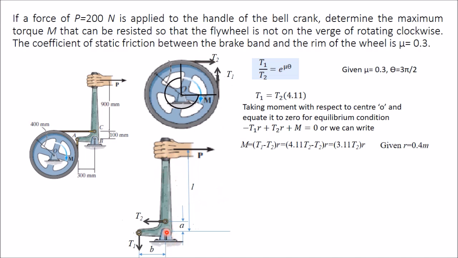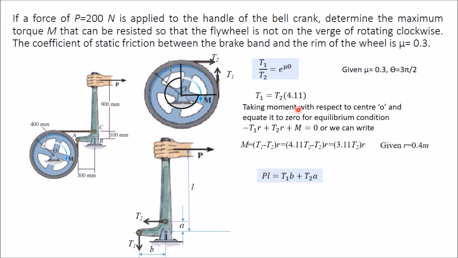Now in this free body diagram again there will be two reactions, since this is a pin joint, and I have not drawn those two reactions. Again I will be taking moment with respect to this point. About this point you will get this relation: P into L, the moment of P, which is clockwise and so positive, equal to the anti-clockwise moments, T2 into A and T1 into B. Both are anti-clockwise, so they are kept on this side. In this way you can determine T1 or T2.